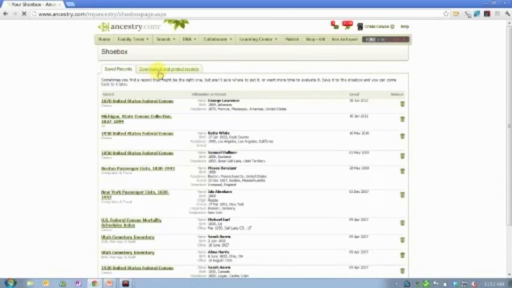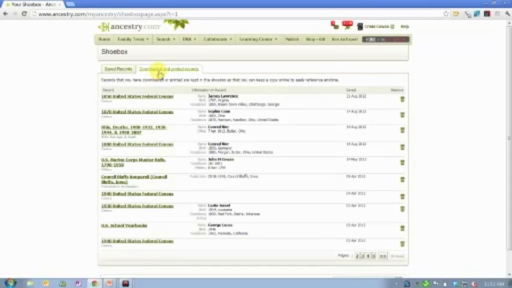The second tab here, Ancestry.com actually puts things in here as you download or print them. So the theory is that if you're downloading them or printing them, we don't know if you've actually attached them to someone in your tree or not. And so we just want to make a little bookmark in case you need to quickly get back to that